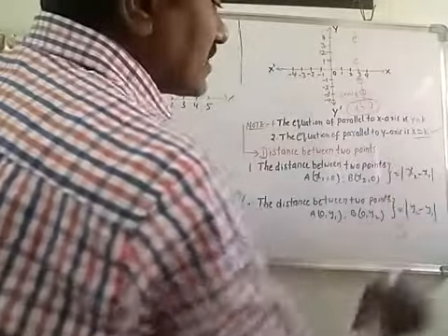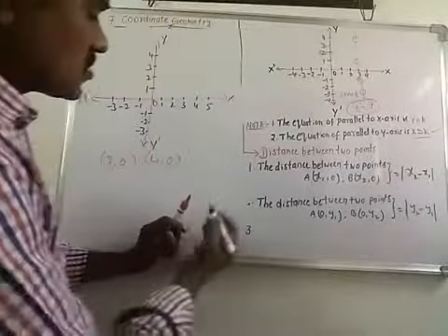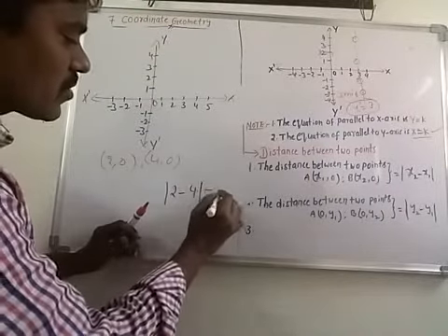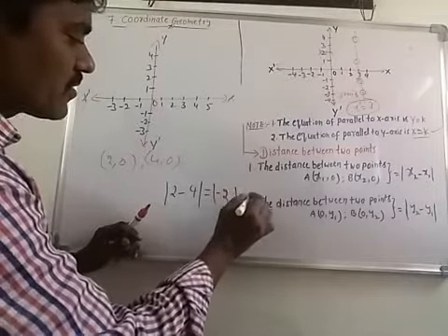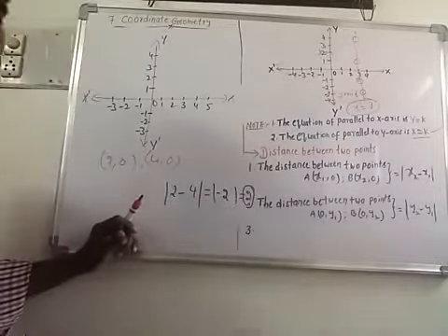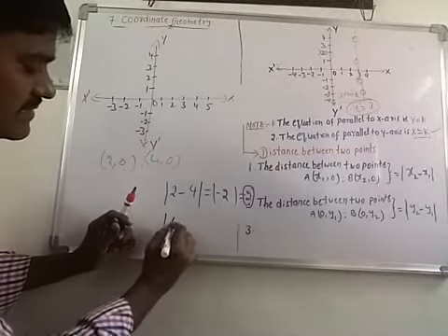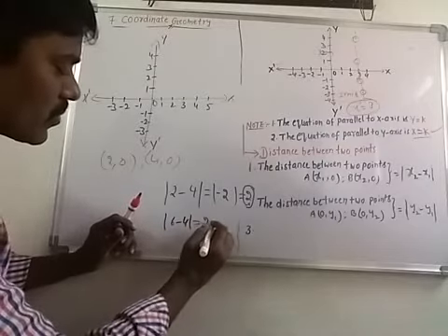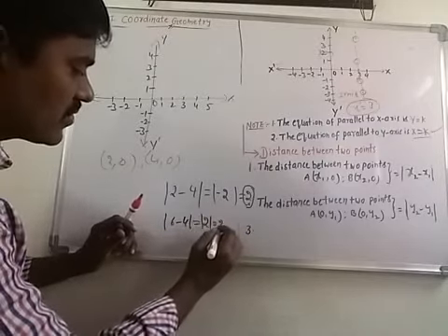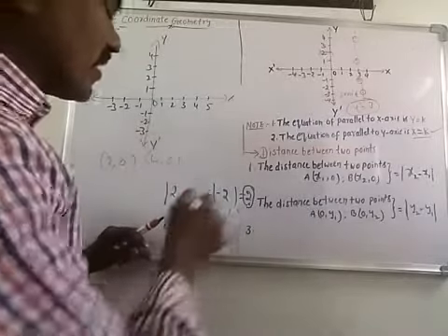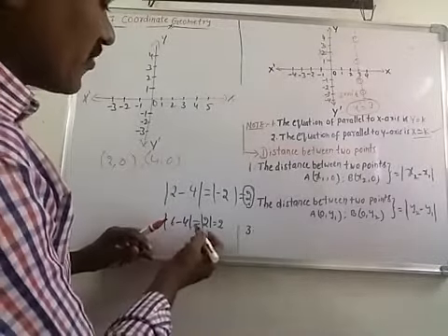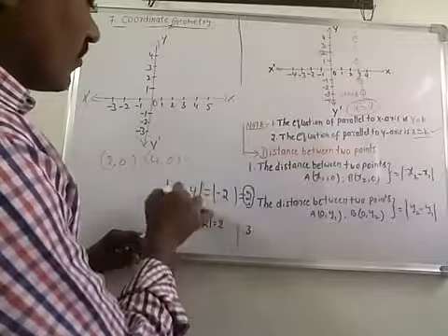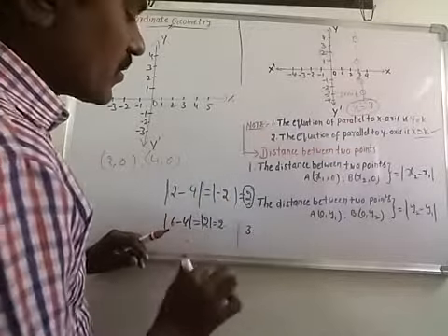Modulus always represents a positive number. Suppose we take modulus of 2 minus 4, that is minus 2, but modulus always represents a positive number. Modulus of 6 minus 4 equals 2. Modulus of 2 is 2. We call it the absolute value. So the absolute value of 6 minus 4 is 2. The absolute value of 2 minus 4 is 2. So this symbol always represents the positive sign.